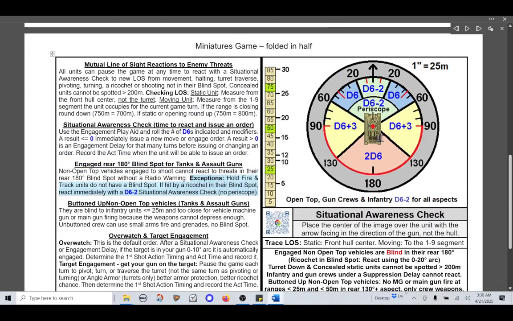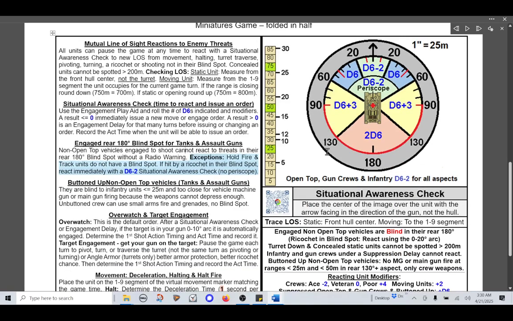So basically what happens is all over here. This is folded in half. This is on the back to keep you from having to look up the rules. So what I'm going to do in this case, I'm going to let my wonderful AI agent go ahead and